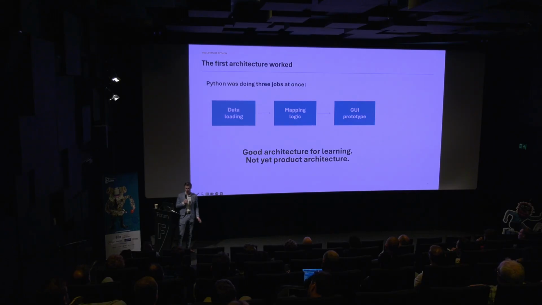Then the first architecture worked. So the data loading, ingesting worked, the mapping logic worked as well, like the basic mapping, and then the GUI prototype, because currently it had only a TUI, a terminal user interface, and that's not something that you can give someone who doesn't understand the terminal, I would say. So you need a graphical user interface that someone can just click around in instead of selecting with the arrows on the keyboard. So then I came back to the drawing board and tried to see what kind of frameworks and packages Python has, and